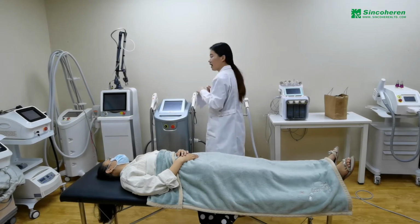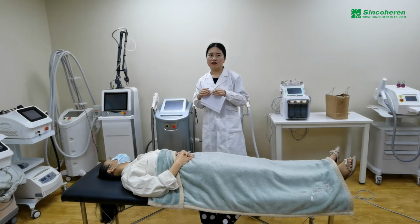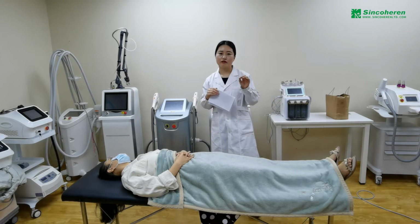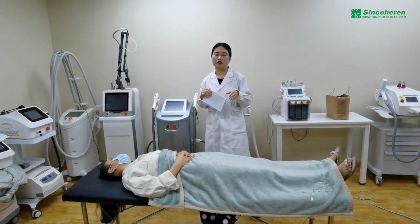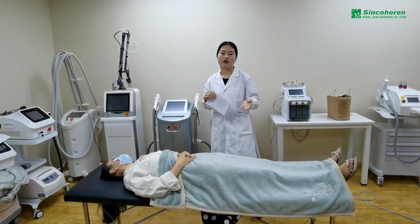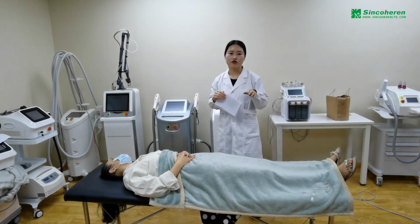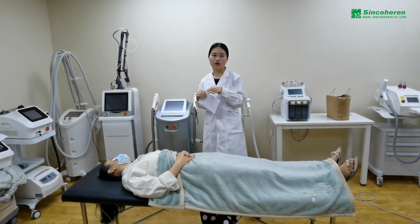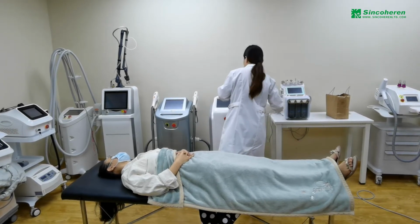Do IPL and Diode laser hurt when you do the treatment? Technically speaking, IPL is a little more painful than the Diode laser, because Diode laser only works on the hair follicles, but IPL may work on other tissues. But it also depends on how sensitive you are to pain, and on the parameters you set when doing the treatment. Now let's show the exact